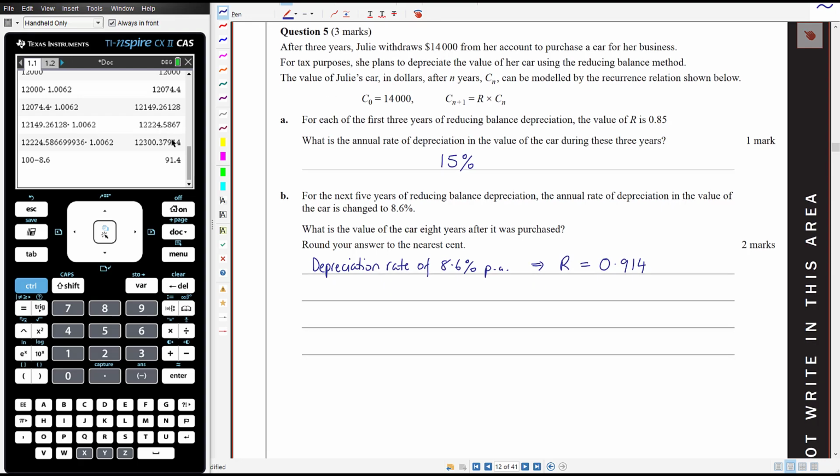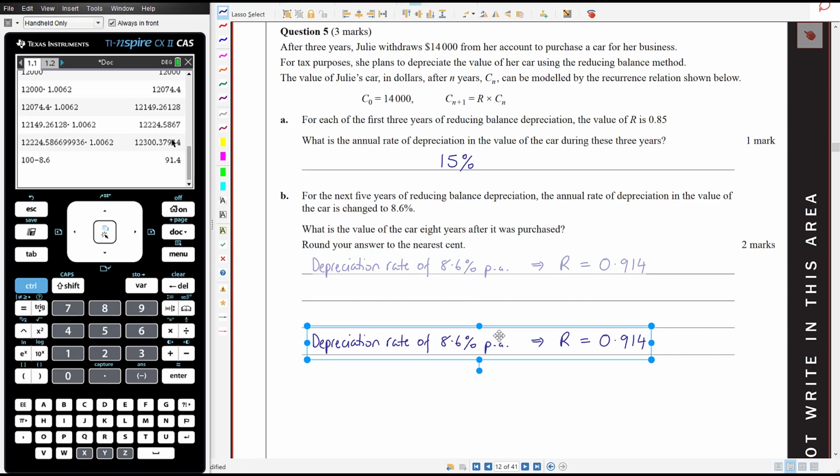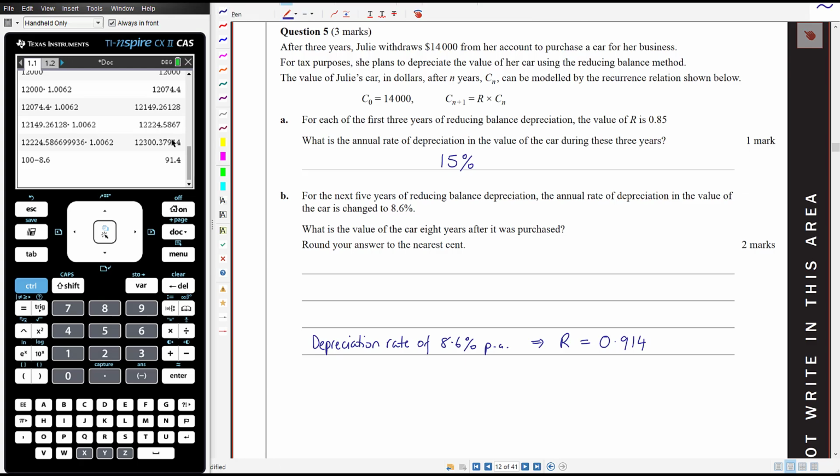Okay, so our recurrence relation is C0 is 14,000. No, we first need to work out, sorry, we need to do the first 3 years. So the first 3 years was at this rate, okay? So let me just move that calculation down, because we'll need that in a bit, but not yet. I'll move it back to wherever I need it in a minute. Okay, so the first 3 years,